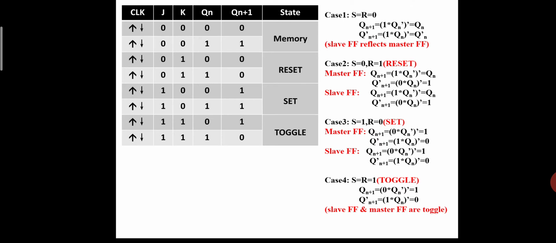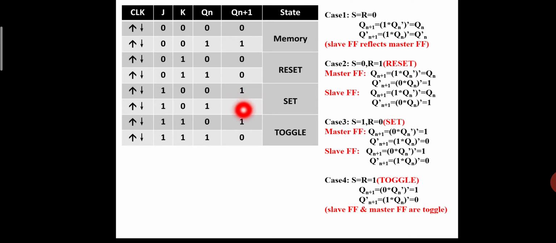So same as before, take a flip flop for the condition of J and K being 0. Here I mentioned S and R is nothing but J and K. If both are 0, the slave flip flop will reflect the master, and it will follow only the output of the master flip flop. If it is in reset, that is J is 0 and K is 1, the reset condition, the master slave JK flip flop and slave flip flop will give an output of 0.